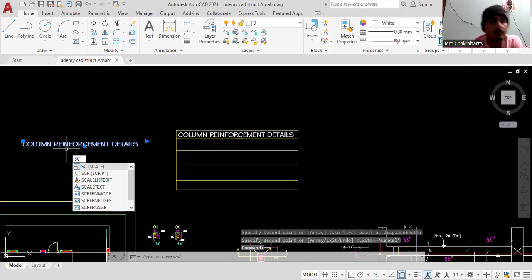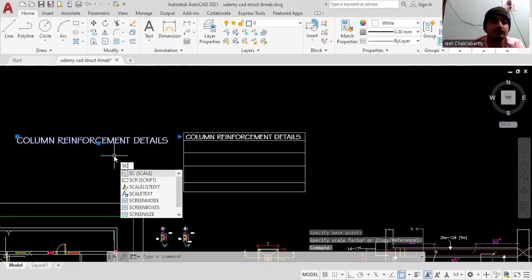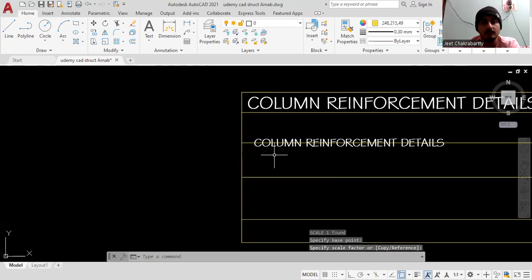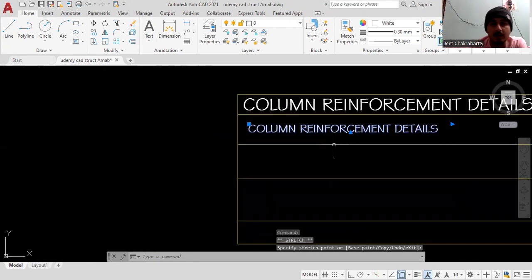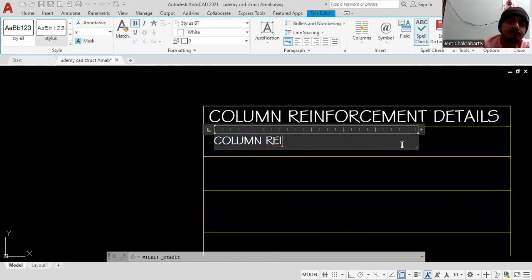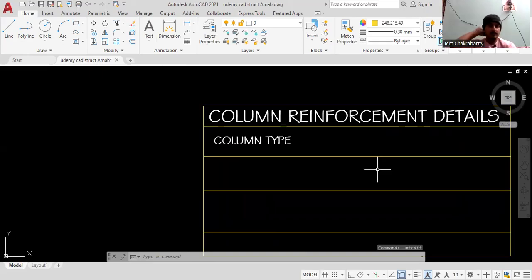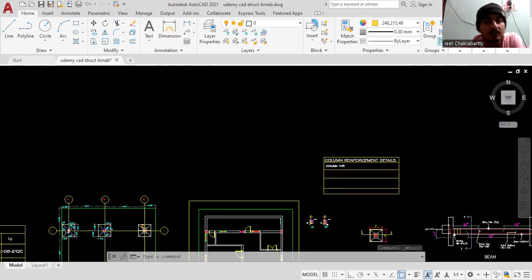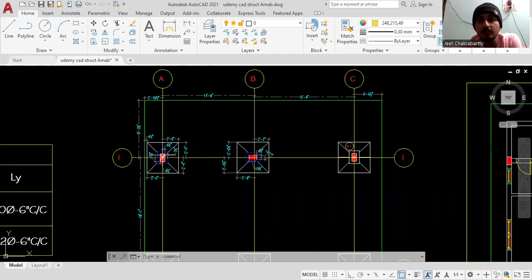Okay, scale. Okay, bring it here. Now what we will write, we will give it here column type. Column type means we will give the column number. What is the column number? See, the same thing like the footing. There we name it as